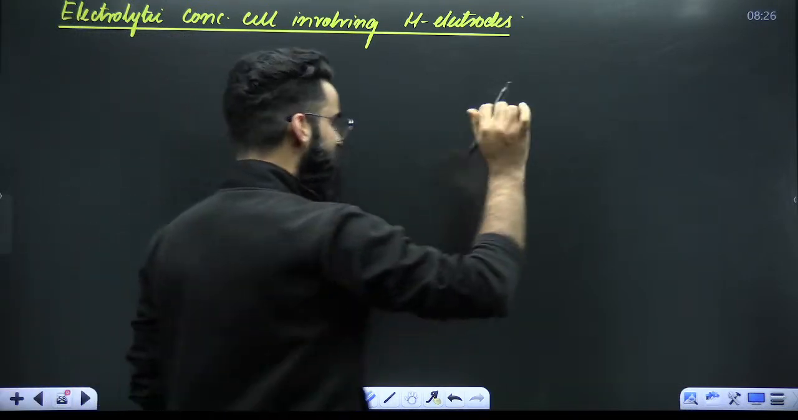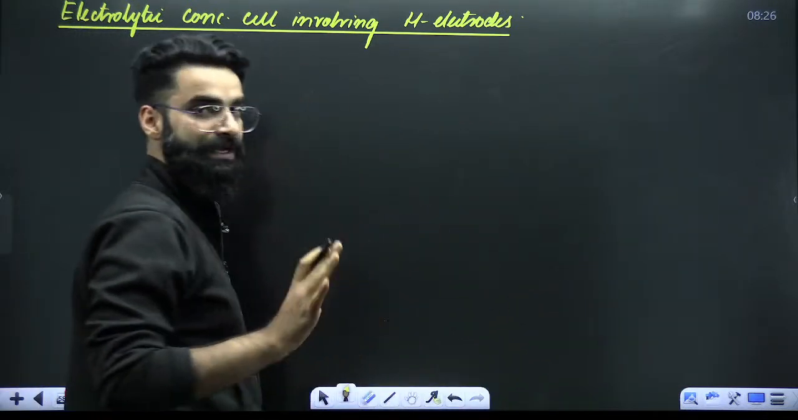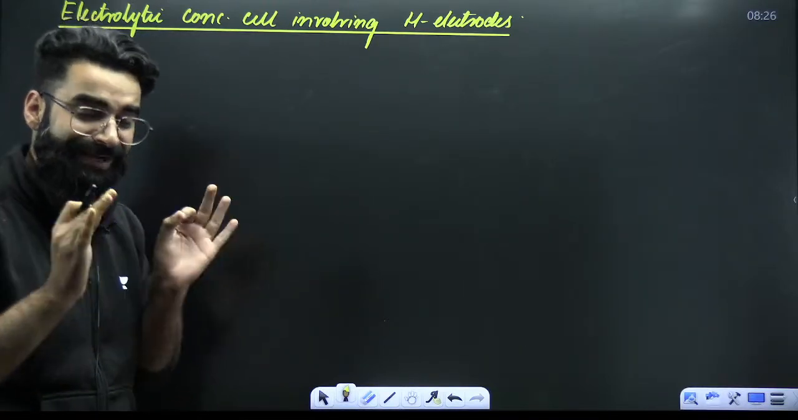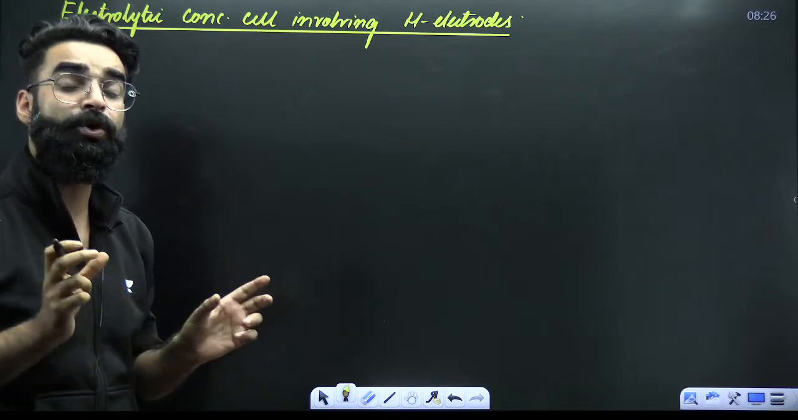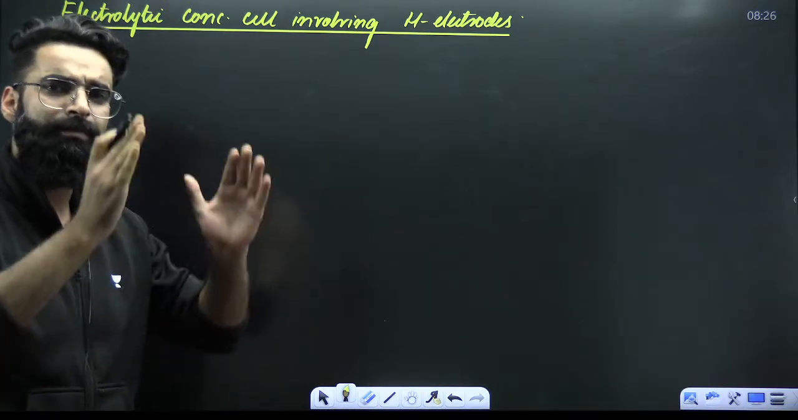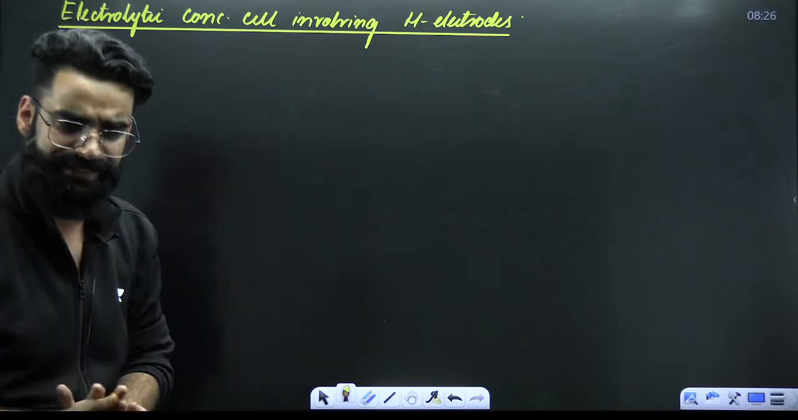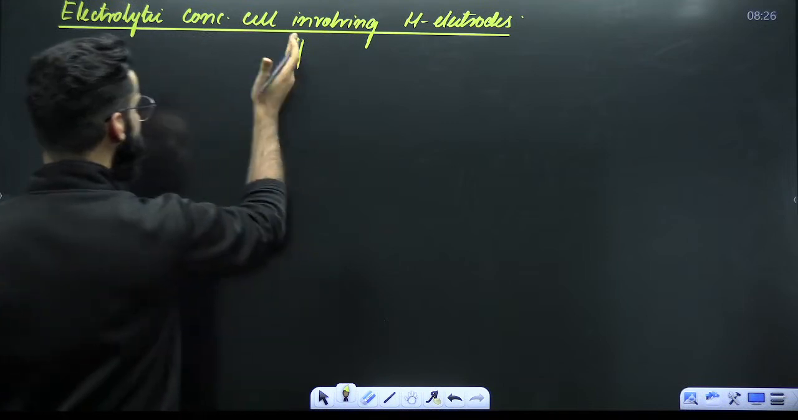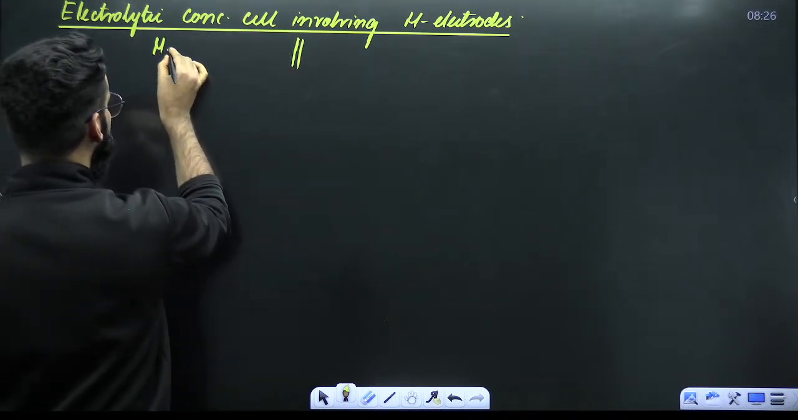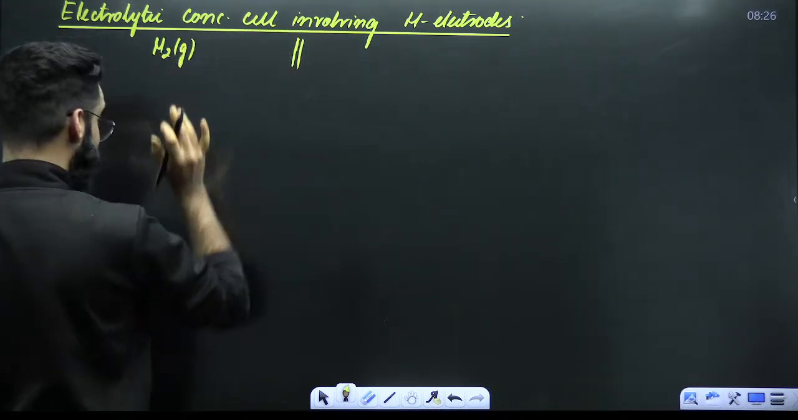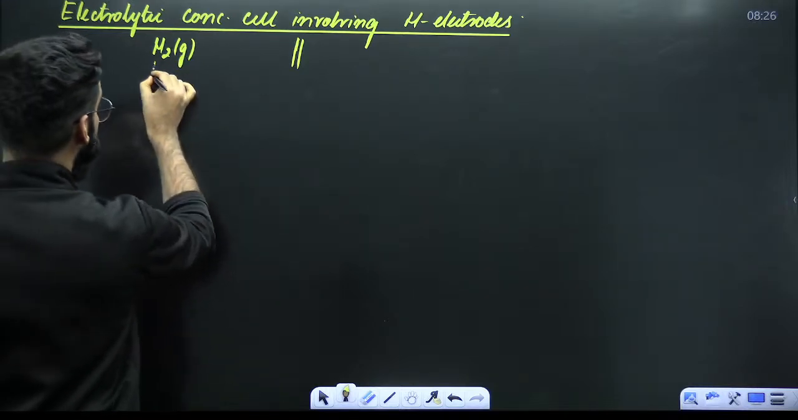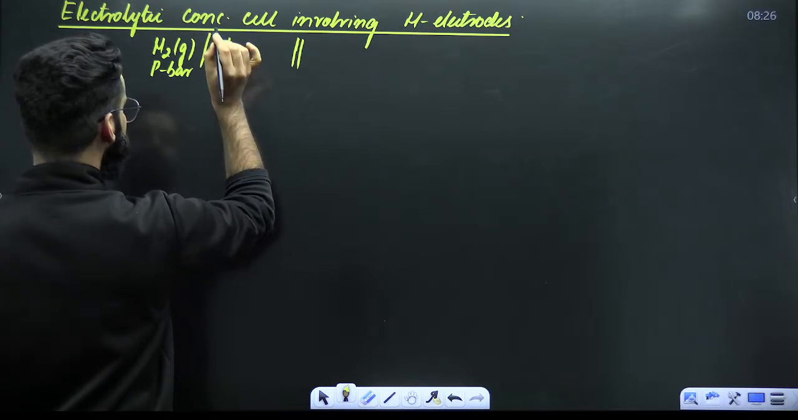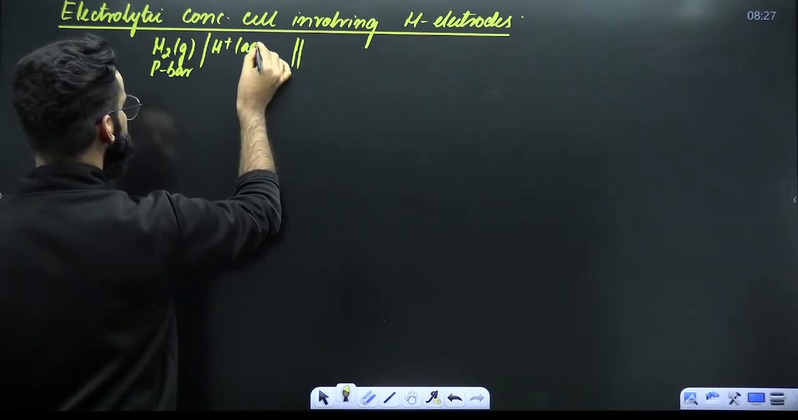Let's have a look. See guys, imagine that you have taken two hydrogen electrodes. It is just that the electrolytic concentration is different, but the partial pressure of hydrogen gas is the same. So let me quickly represent this particular cell directly. This is the salt bridge. On the left side, it's going to be the anode. So H2 gas at the pressure of, for example, P bar gets converted into H positive aqueous,